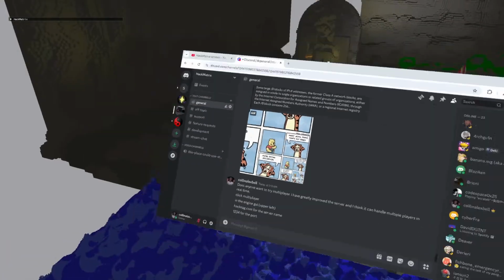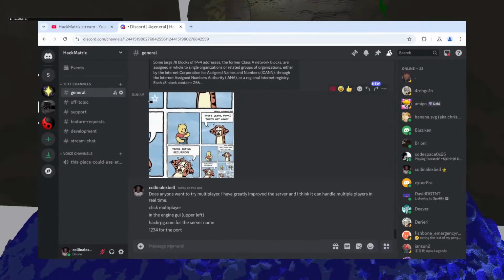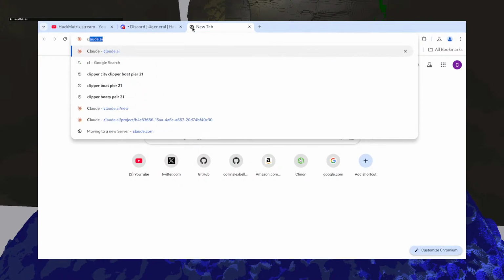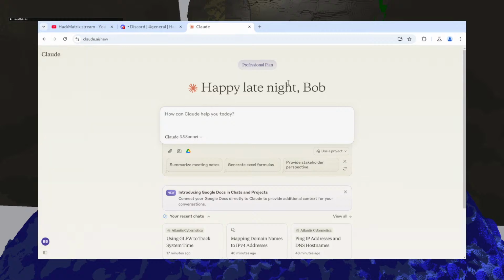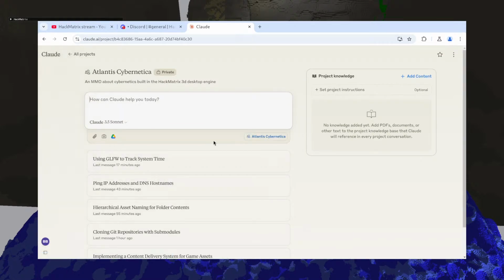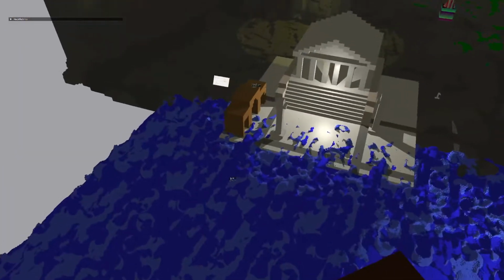Okay, so back to the asset management stuff, now that I have the server running smoothly. So let's just open up Claude and then go to my projects, Atlanta Cybernetica. Okay, and then where's Emacs?